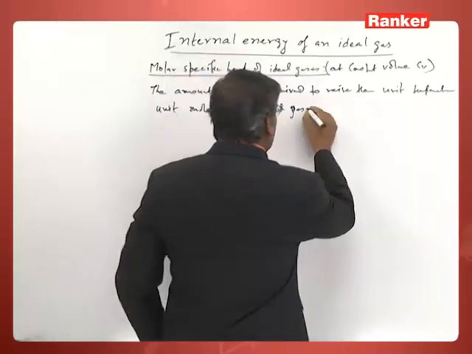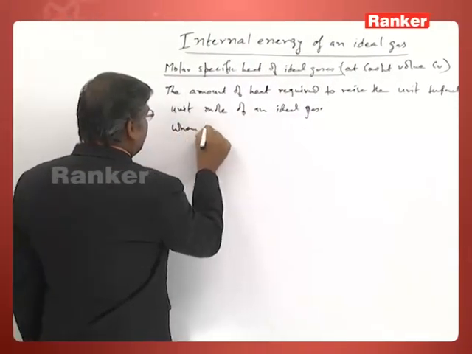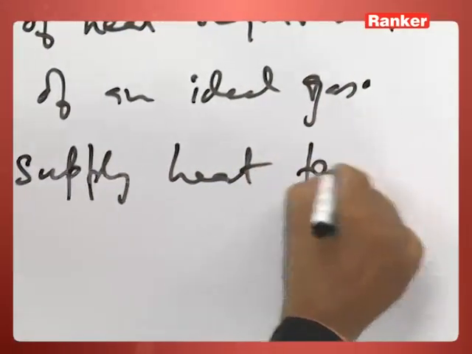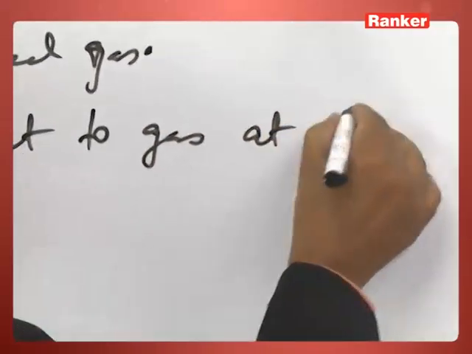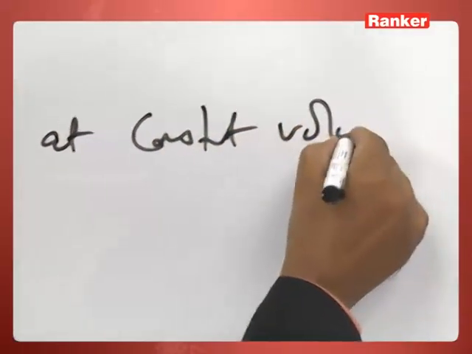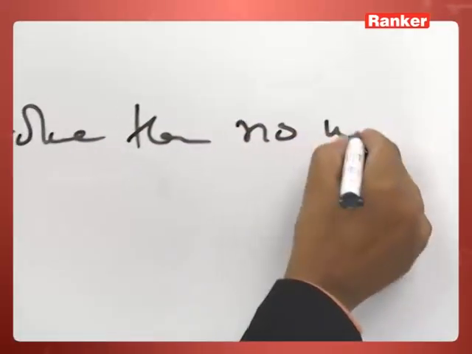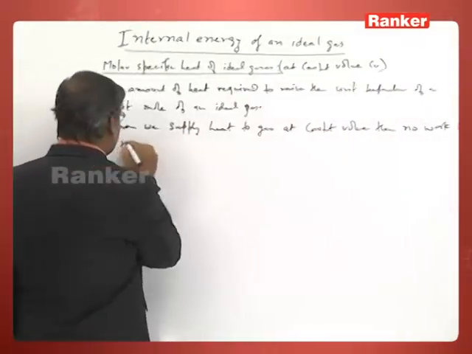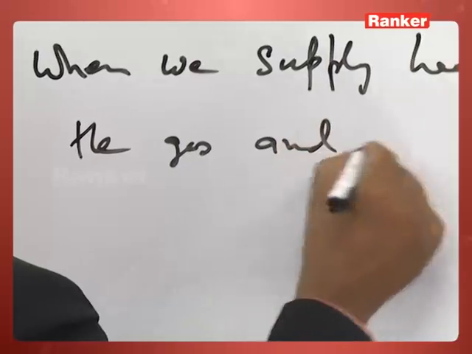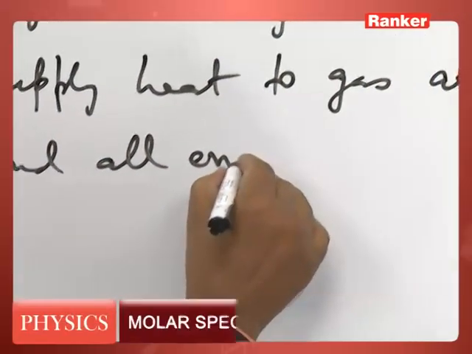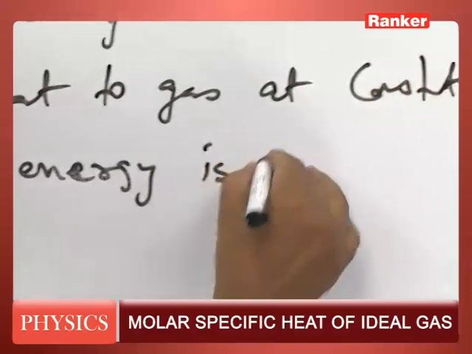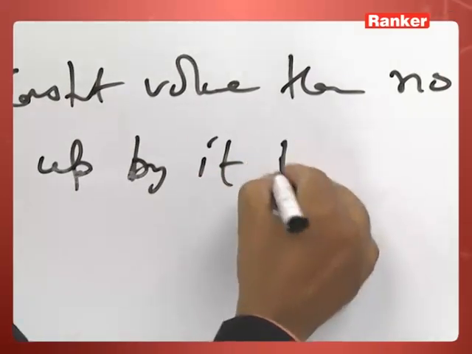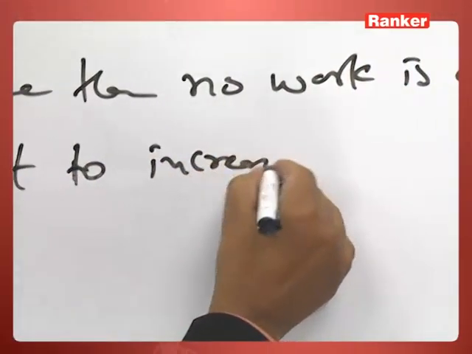So when we supply heat to a gas at constant volume, then no work is done by the gas and all the energy is used up by it to increase its